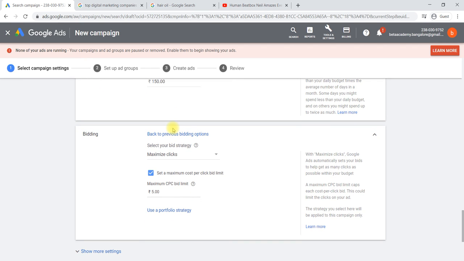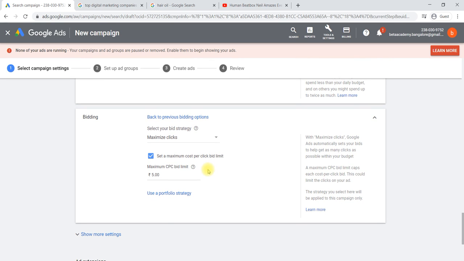For that reason we have selected maximize clicks. Like this you can select the strategies. We have to select a strategy based on your campaign type.